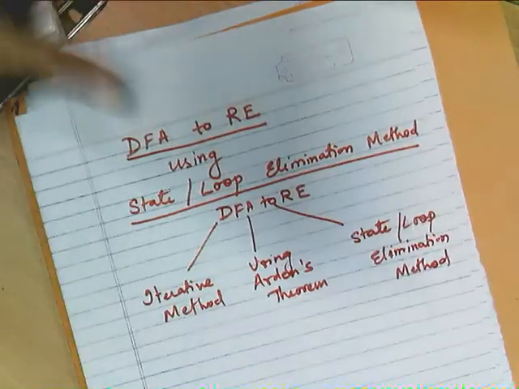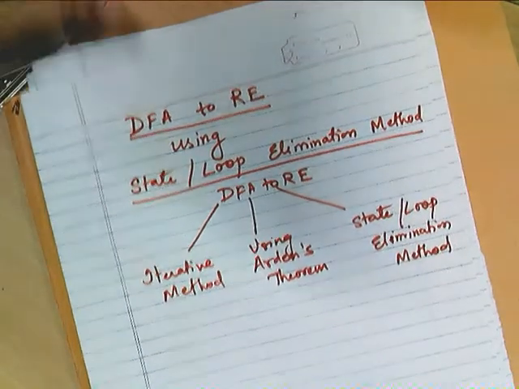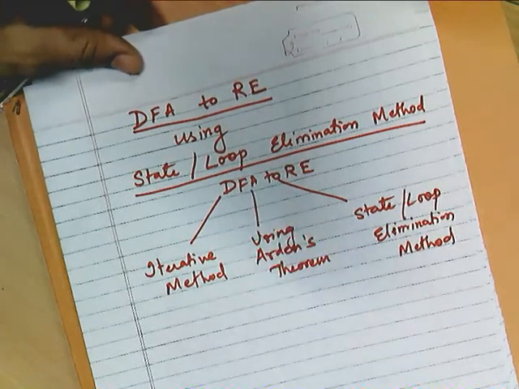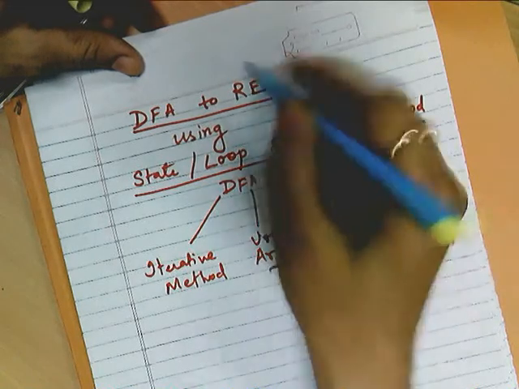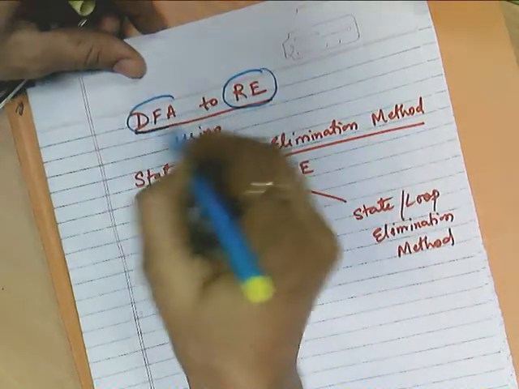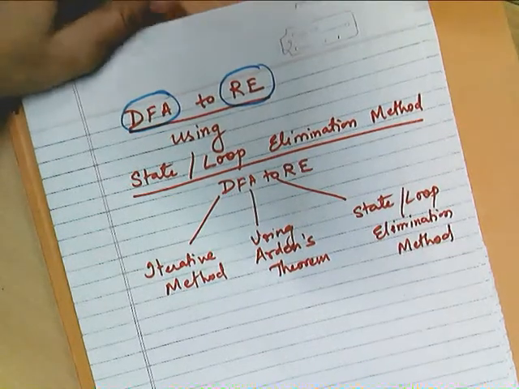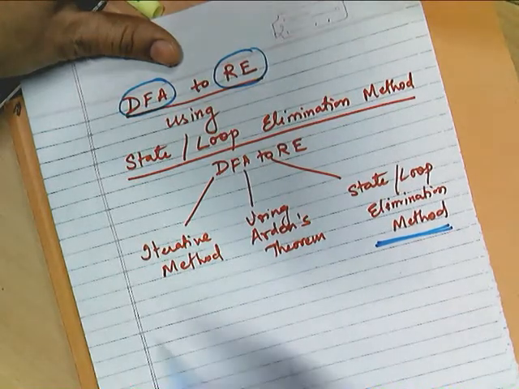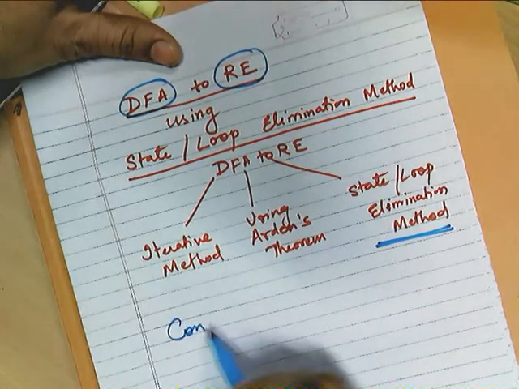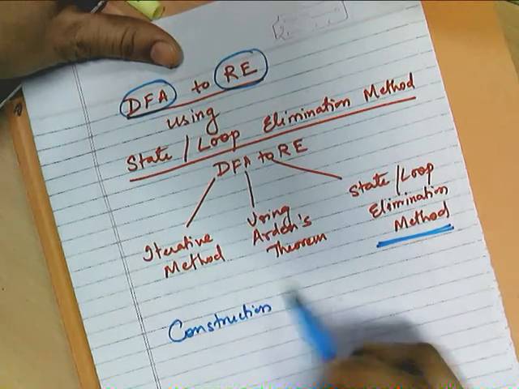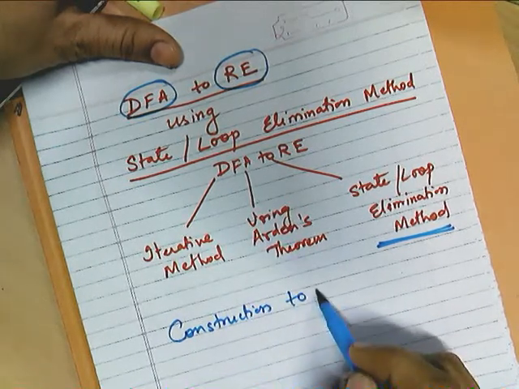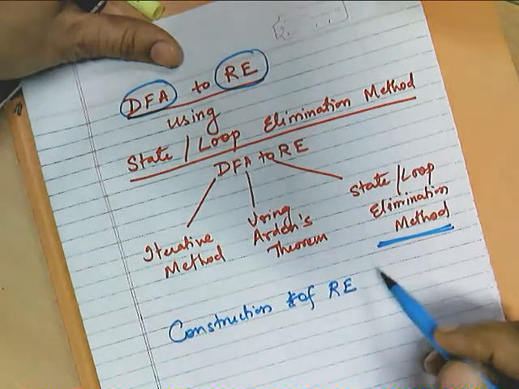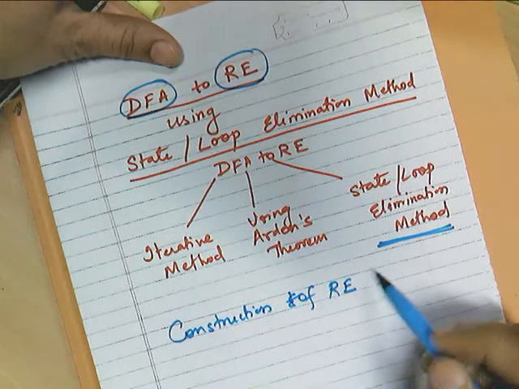So out of these three, this is more simple and quickly gives you the output required. What output is required? We require the regular expression from a given DFA. Okay, so for that there are certain steps to do this. We will discuss now the steps required to generate or construct RE using the DFA,